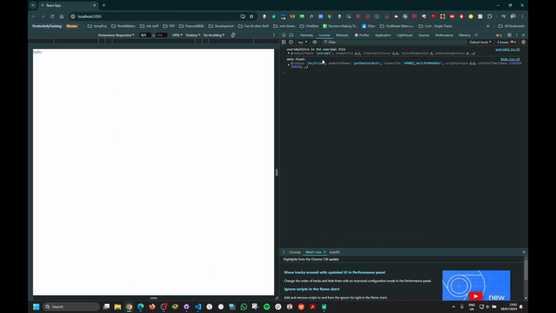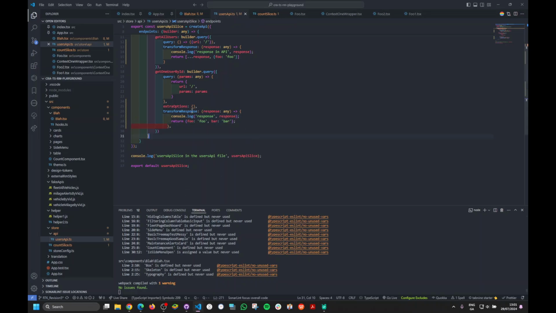Okay. So look, we have a query, right? And then we're transforming the response. So when we're triggering this query, we're gonna console log the response, and as opposed to returning the response, we're just gonna return this object. So naturally, what do we expect? The expected behavior is that